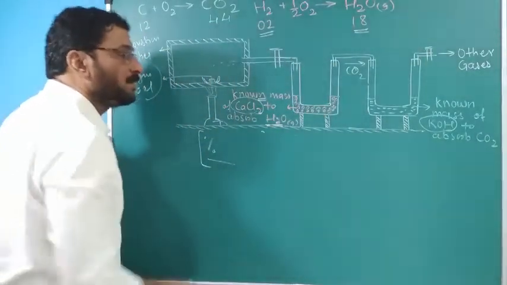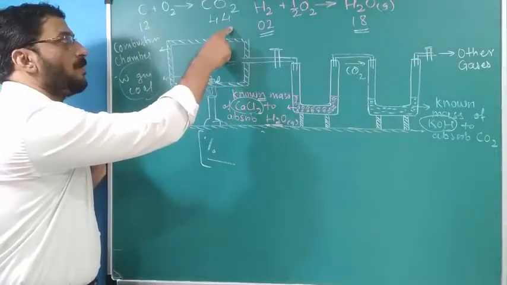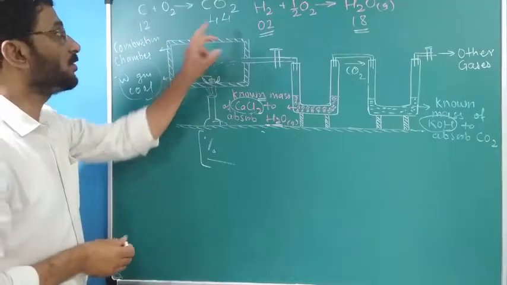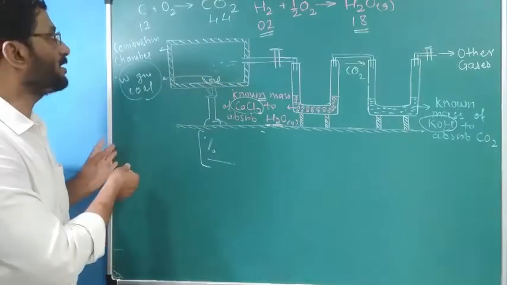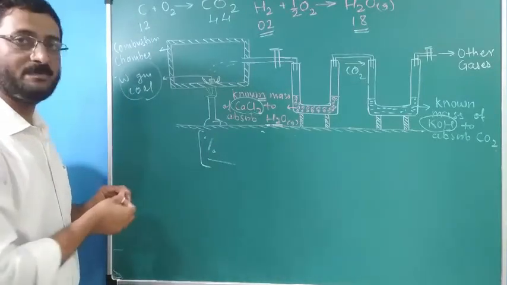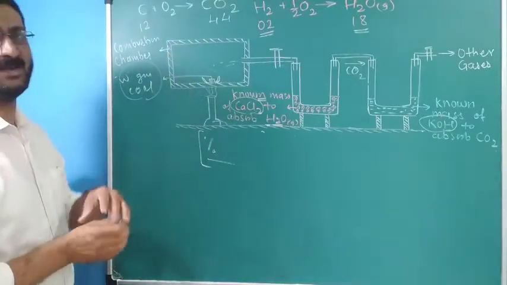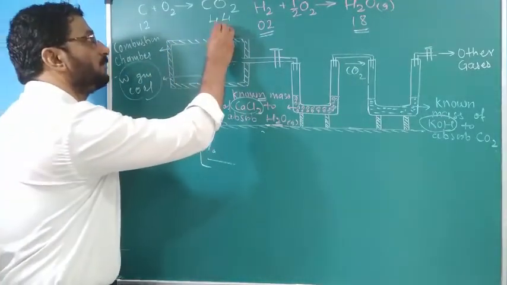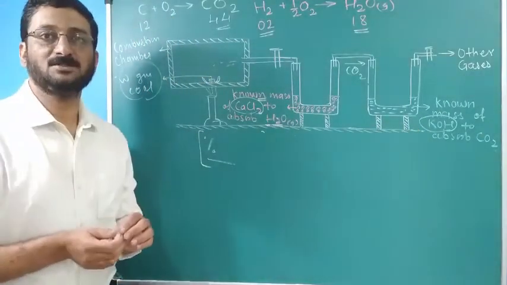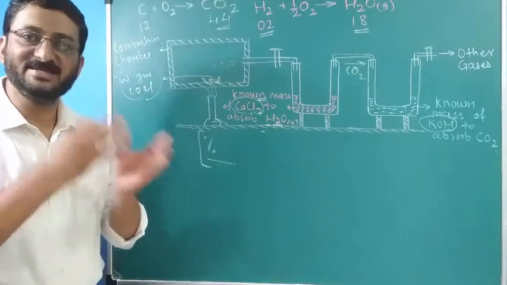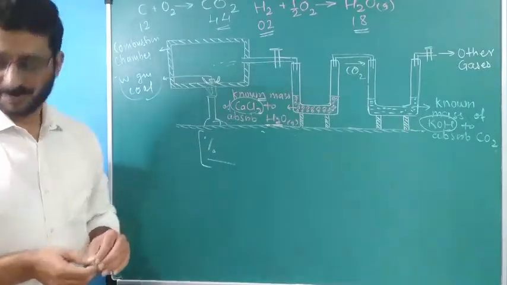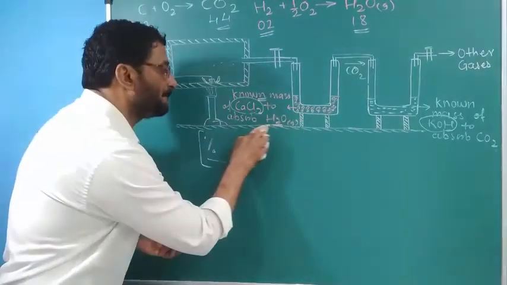This carbon in coal on oxidation will form CO2. If 12 parts are present in W gram coal, it is going to form 44 parts. 120 milligram will be there, it is going to produce 440 milligram and so on. That CO2 will be absorbed in the second U-tube. We have kept a known mass of KOH. There will be a rise in the mass of KOH. From the rise in the mass, by putting a similar type of equation, we can easily find percentage of carbon.